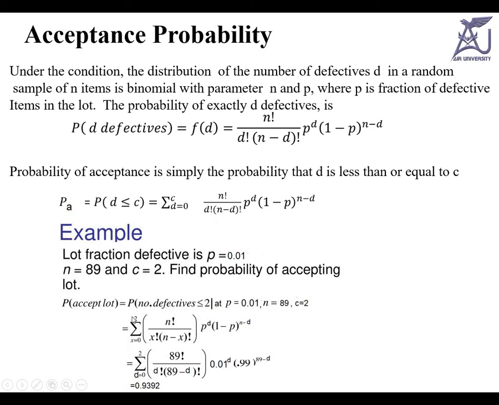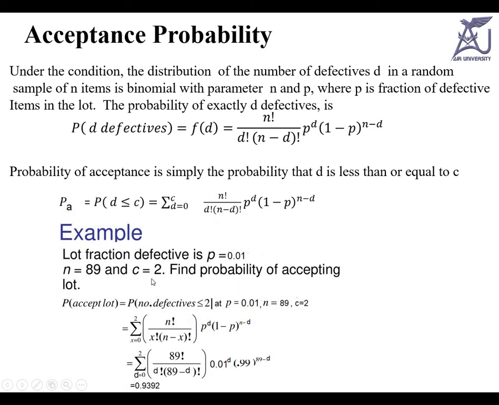So that can be found out with the help of this equation. This equation is basically the binomial distribution equation, and you can use this for any C. If C is equal to 1, then you look for 0 and up to 1. But if it is 3, then 0 to 3. So you can sum up all the probabilities and then you can find out the.